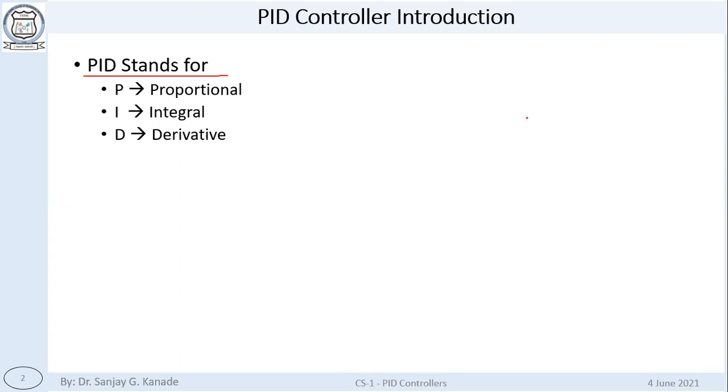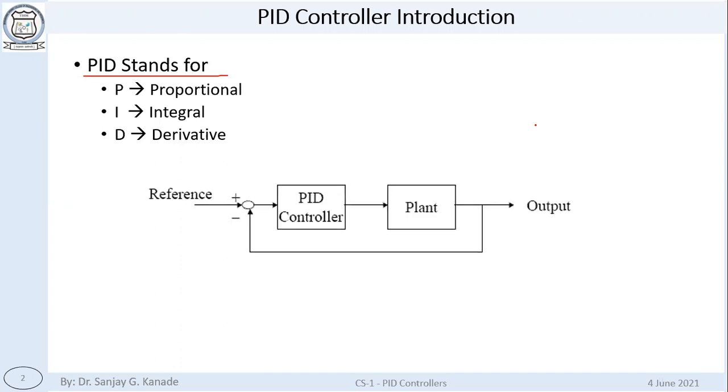Now, what proportional means, what integral means, and what derivative means, we are going to see mathematically during the coming slides. But before that, you must again recall that this is the standard feedback system which we studied in the very first unit, right? This is the plant, meaning the actual process that we want to control. And at that time, we talked about an example of a temperature control system, right?